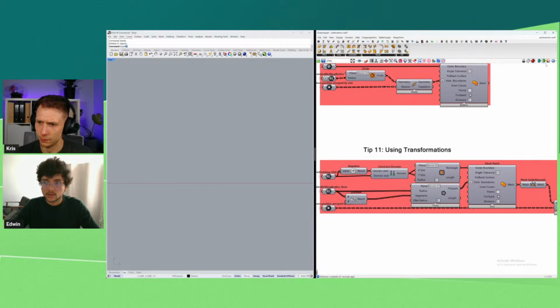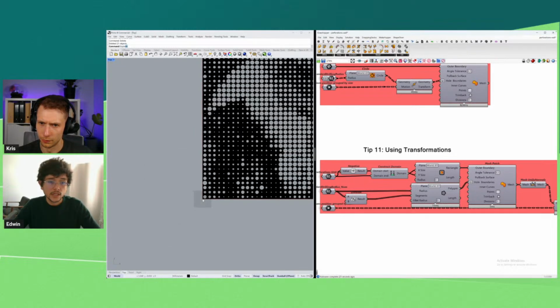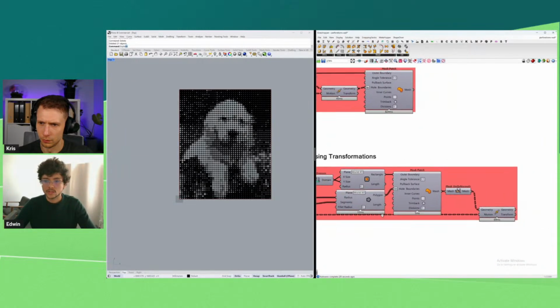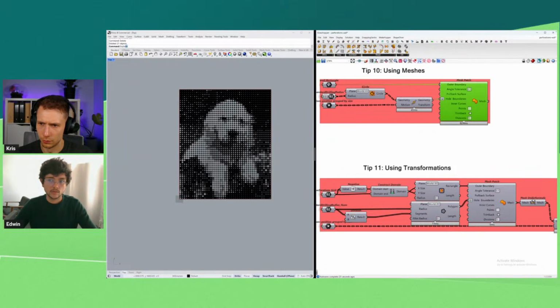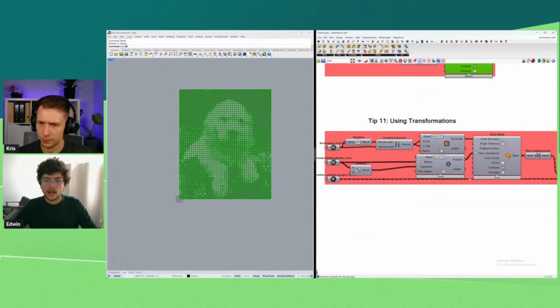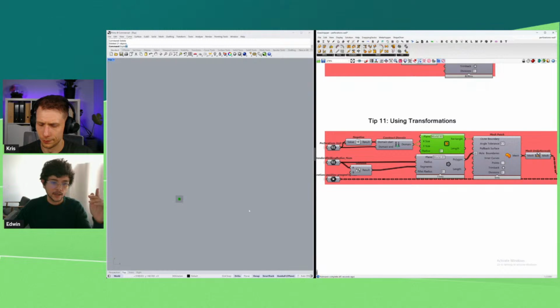So here we are going back to this example of the perforation walls, and there is another option that we could use. You can see that I'm still using meshes here, but this took 124 milliseconds, let's say almost a second. Another option that I could do is, I know that I have standard drilling sizes, no?